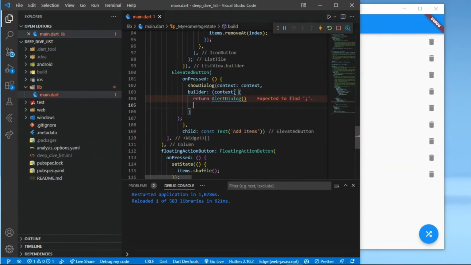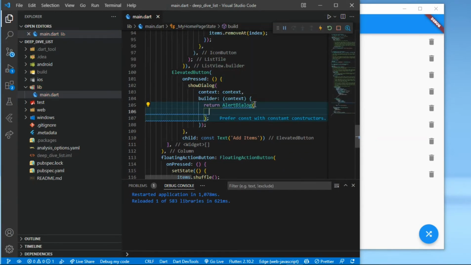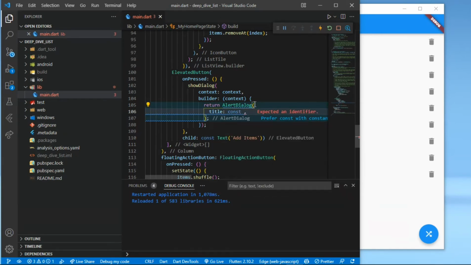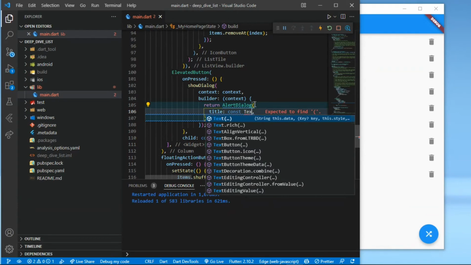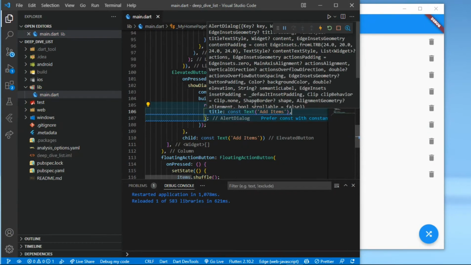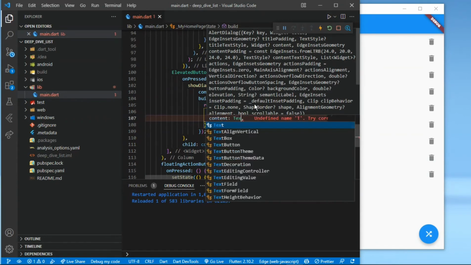Alright? And the alert dialog will take a title of text, we'll say add items, and then in our content we'll have a text field,